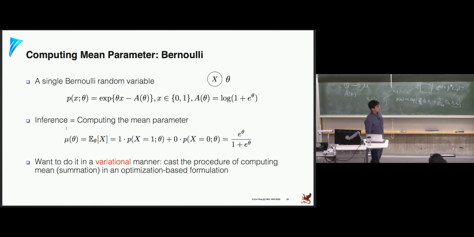So if you work that out, then the link between the canonical parameter and the mean parameter is going to be something like the thing over there, e to the theta over 1 plus e to the theta. But in the Bernoulli case, because everything is one-dimensional and the functional form is very simple, you can work this out very easily. But in more complicated models, this process of, given a theta, finding the corresponding mu, is a very challenging task. And that's essentially the thing for which we want to use variational representation.